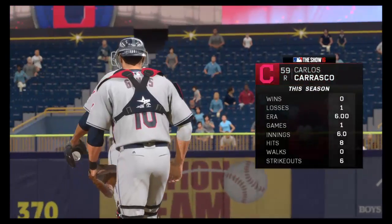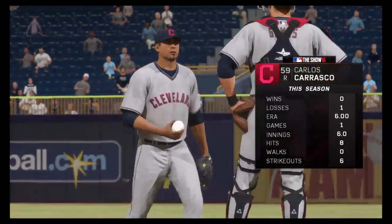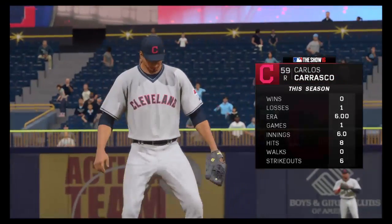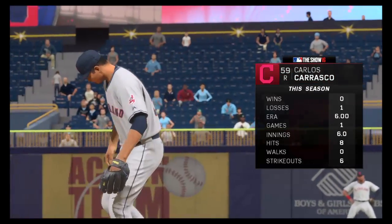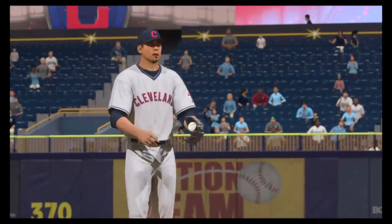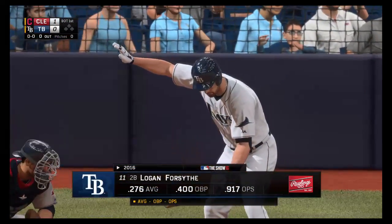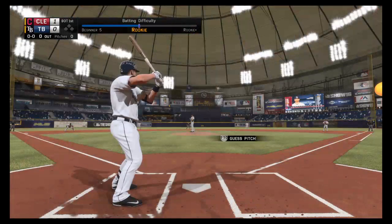Carlos Carrasco, the right-hander from Venezuela, gets the starting nod in this one. What's your take on him, EK? Well, Matty, in his last start, he went 6 innings. Didn't have a favorable outcome, ended up taking the loss, but he was relatively decent. He'll look to build on that here. Logan Forsythe comes to the plate to lead things off here in the bottom half of the first. Leading off for the Rays,